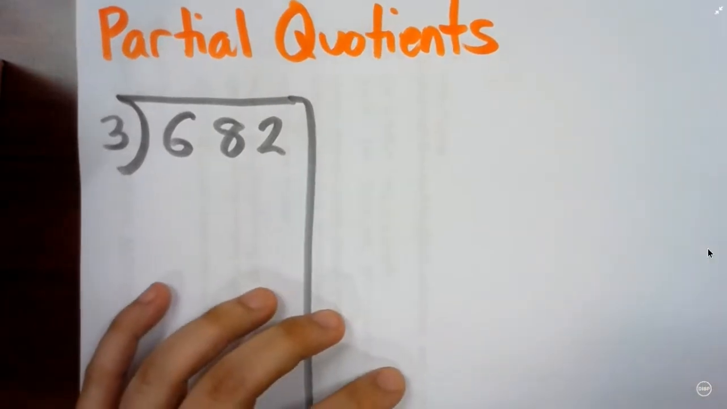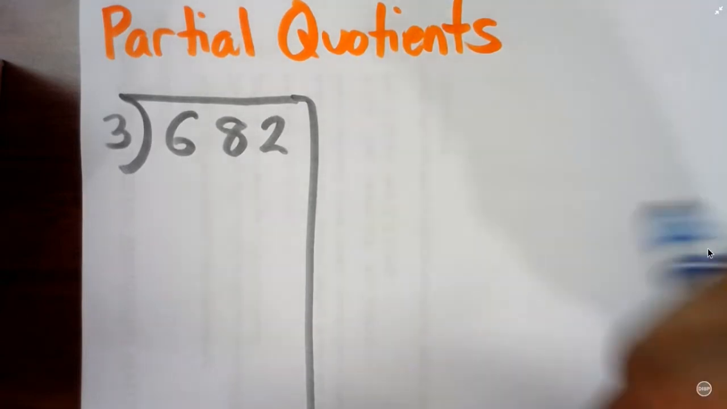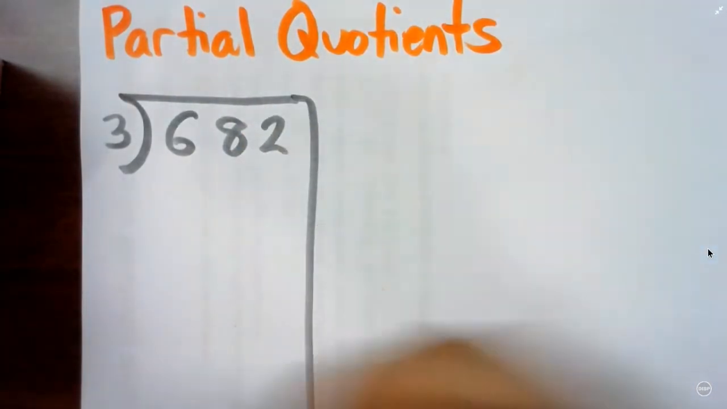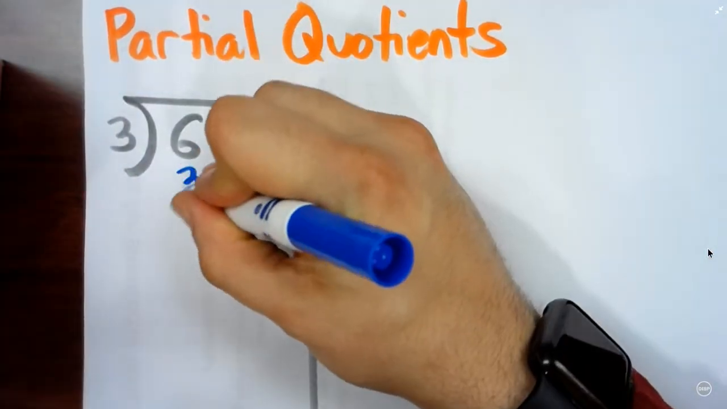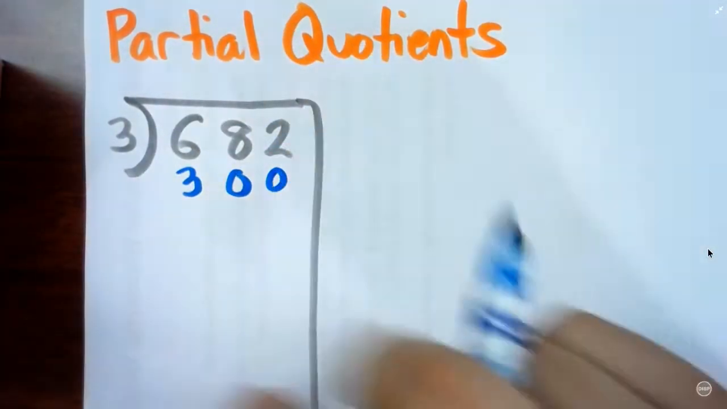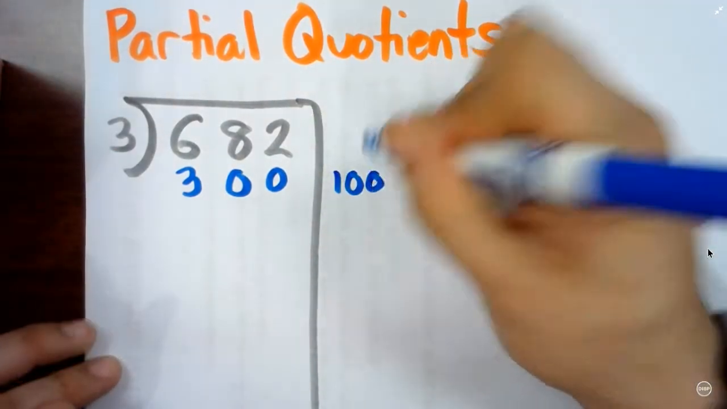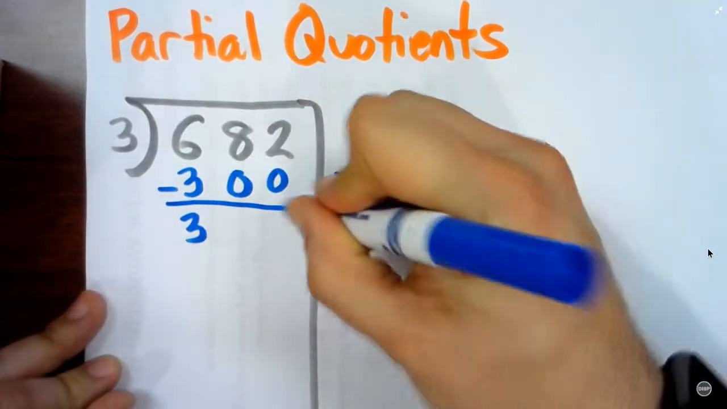So the first one we're going to look at is partial quotients. And when it comes to partial quotients, remember that it's all about deciding how you want to tackle a particular problem. Let's take a look, for example, at 3 into 682, or 682 divided by 3. I have to ask myself, okay, what can I pull out of 682? I could pull out 300. I know that I can easily divide 300 divided by 3. That's 100. And that leaves me now with